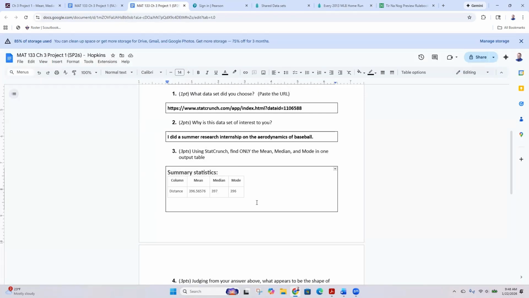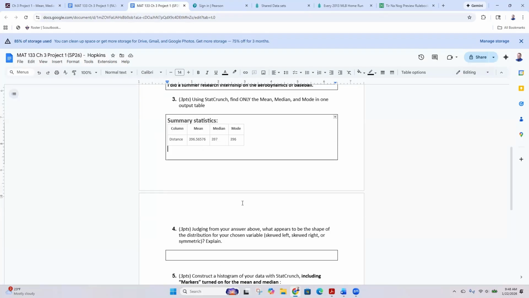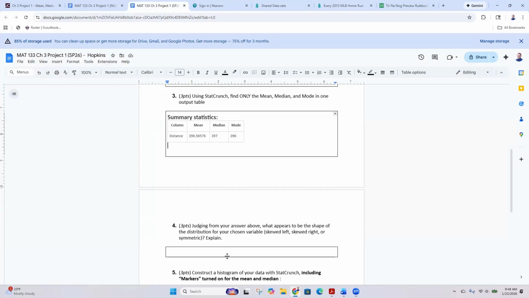All right, great. So now that I have those numbers, let's look at number 4. Number 4, judging from our table here that we've calculated, what appears to be the shape of the distribution for your chosen variable? Skewed left, skewed right, or symmetric? Now, when we were doing